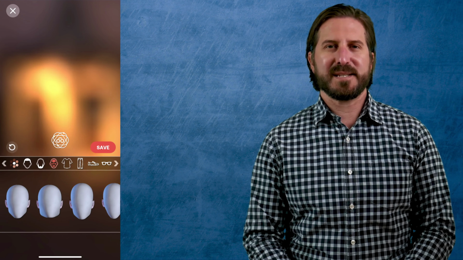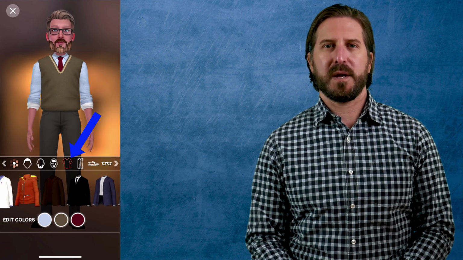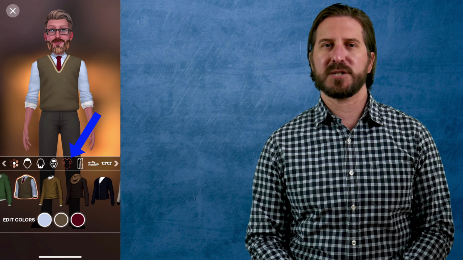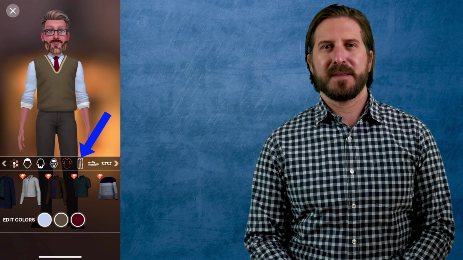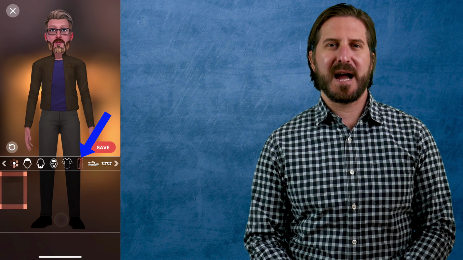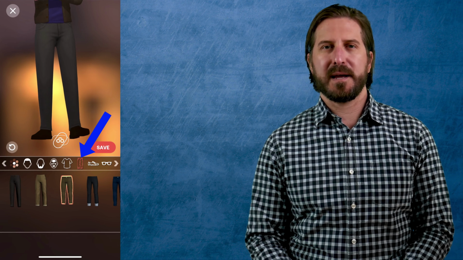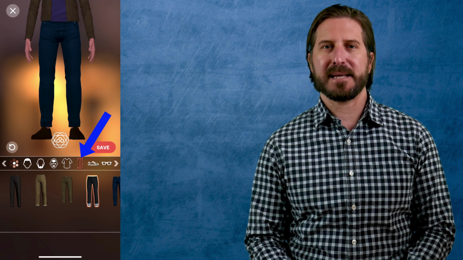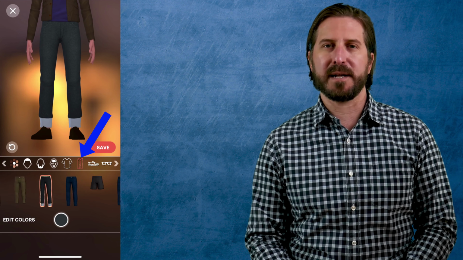The next two choices are for your attire, and the first one will let you select from some different options for clothing that you want to have on your torso. The next one gives you some different options for how you would change your pant style. And you can see here that there's a wide range of choices. So again, you can make it basically look exactly the way that you want it to look.